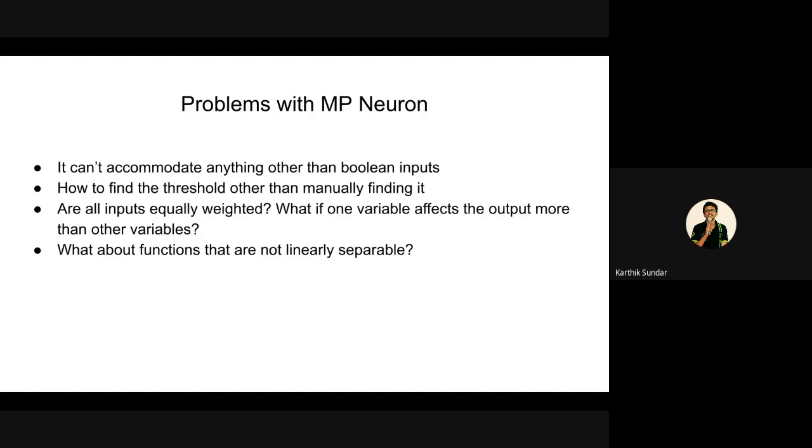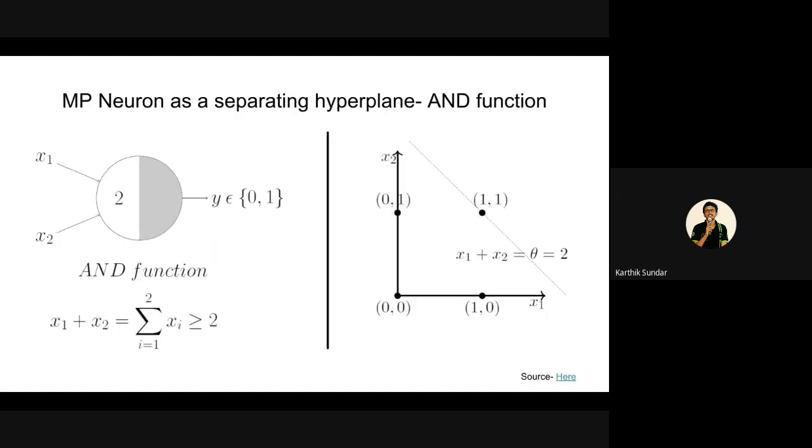What is the first problem with it? We have only Boolean inputs, x1, x2. What McCulloch and Pitts suggest is that the input should be Boolean. But in real life, do we have everything only as Boolean? No. We do have Boolean inputs, but we still have a lot of integer inputs. So that was a big drawback of this MP neuron model, because it could only take in Boolean inputs.